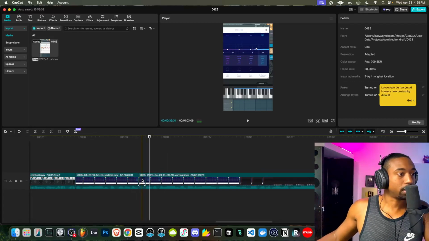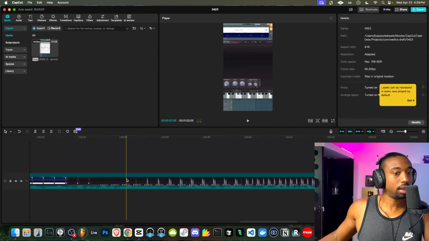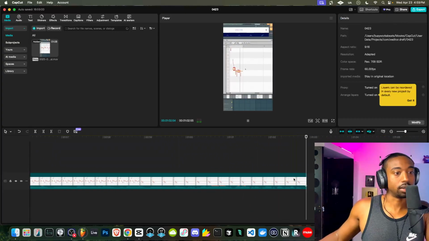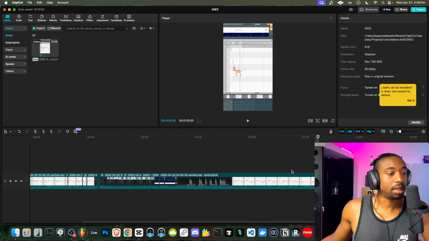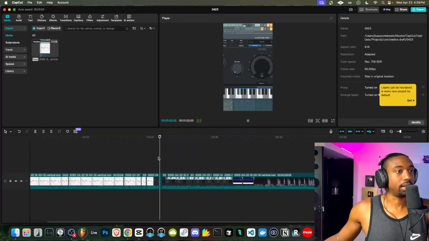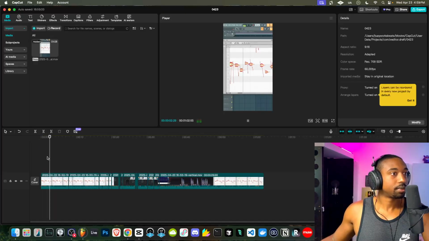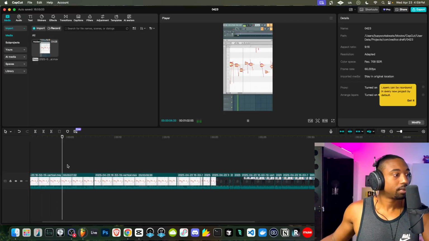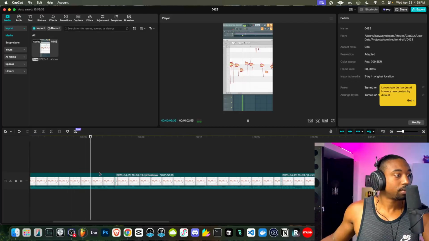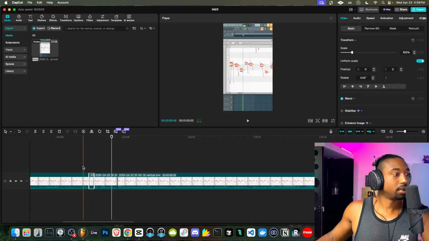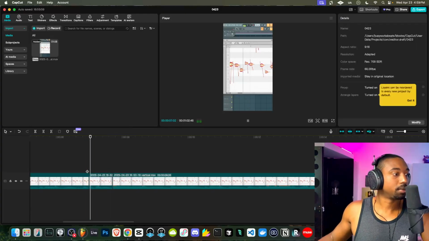So little vocal gaps like this. We should be good towards the end because I think that's where I played the actual song. We're still at 1 minute and 3 seconds, so let's see if we can cut out any details or words. Okay, and then we can skip that. Cut out that little gap. All these little milliseconds add up.